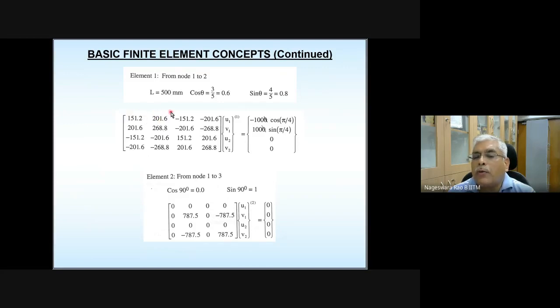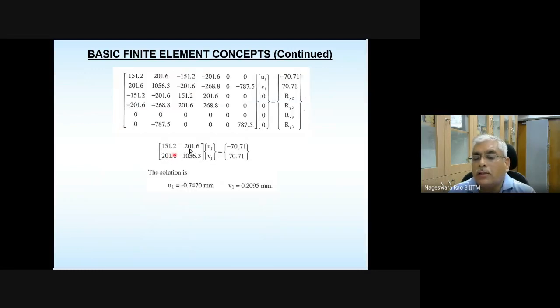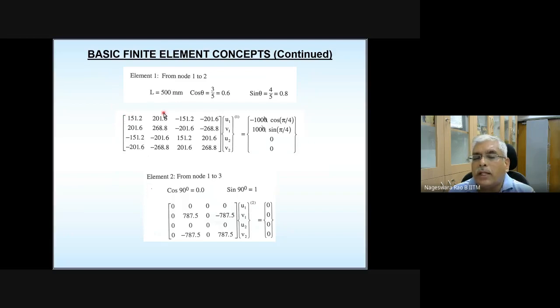Here, this top quarter of this matrix, you add them together. Here there are 2 elements, so you add these 4 elements to these 4 elements. You are going to get the reduced stiffness matrix. Even if you have hundreds of elements, you can apply the same logic. For all the 100 elements, you assemble the element equations and take the top corner if your common node is local node 1. If your common node is local node 2, then take this corner.